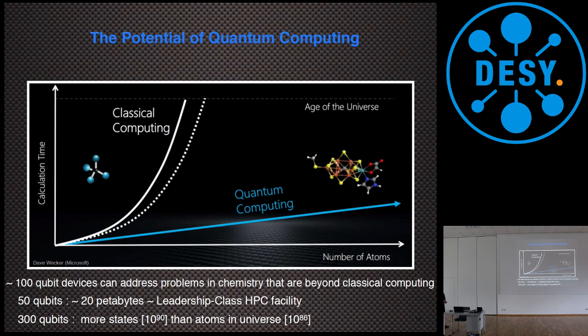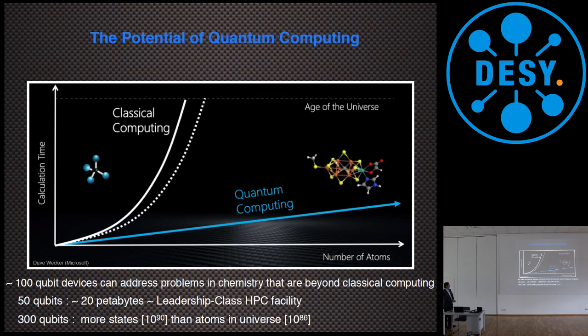And so you see on a classical computing device, one has exponential dependence. One of the characteristics of a many-body problem is it depends exponentially on the number of bodies. And so you see the time to solution, for instance, depends exponentially on the number of atoms, whereas on a quantum device, it scales polynomially. And of course, there's an offset here, because we can do small atoms with classical devices,